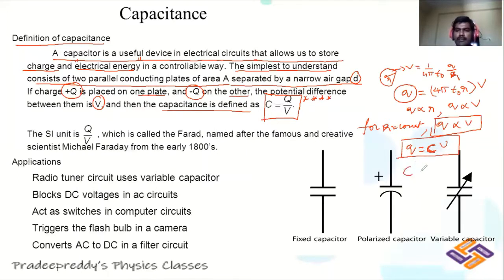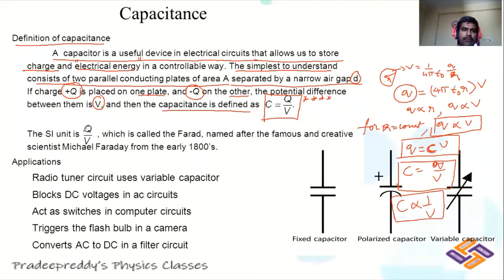And from this you can write C is equal to Q divided by V, which is the definition of electrical capacitance. So an electrical capacitor is a device which stores electrical energy at lower potentials, and electrical capacitance is numerically defined as C is equal to Q by V, which is able to accommodate more amount of charge at lower potentials. As potential is less, capacity will be more. C is inversely proportional to V. Right? Capacitance of the conductor is inversely proportional to its potential, and C is proportional to Q, as capacity is directly proportional to the charge accommodated on the surface.